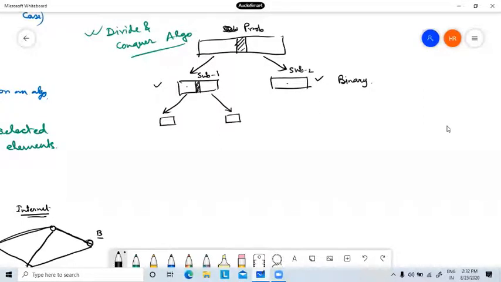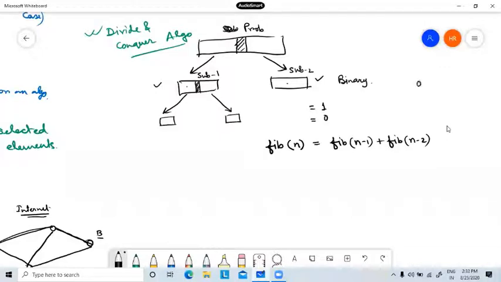But there is one problem which is called the Fibonacci series. So what is the value of Fibonacci series? We can write it like this: Fibonacci of n is equal to Fibonacci of n minus 1 plus Fibonacci of n minus 2. Okay, and there is a terminating condition that Fibonacci 0 is 0 and Fibonacci 1 is 1.